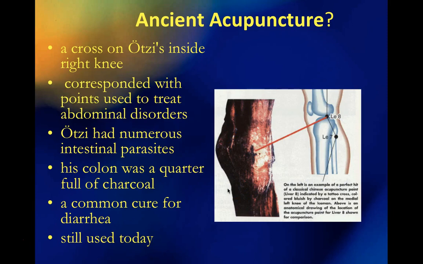In terms of his abdominal contents, studies of his intestinal contents revealed that he did have an intestinal parasite, actually several, and one of his little bags of materials that he carried with him included different medicinal plants and fungi and mosses. He had medicinal mushrooms that were used to treat certain kinds of conditions, or could be used, I should say. He had mosses that he could use like a band-aid or a bandage. He had